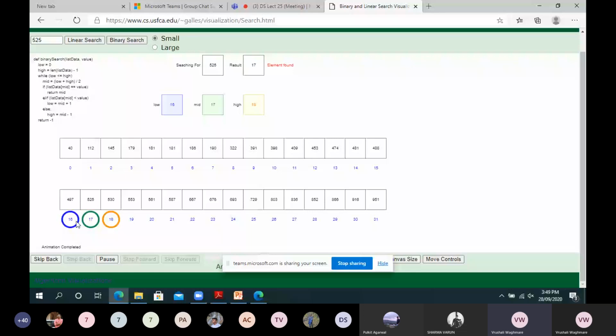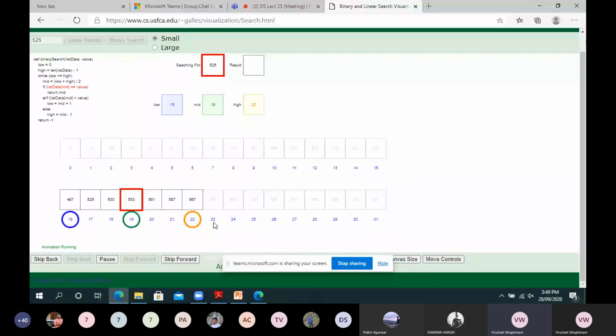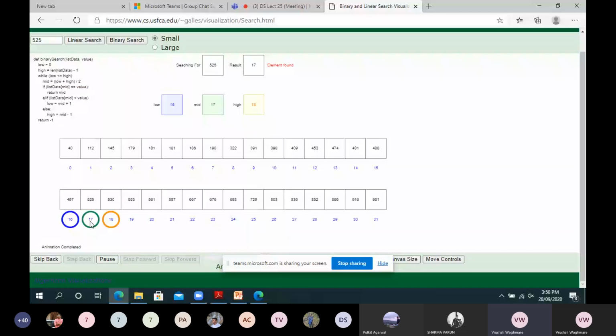because 525 is at the position of 17. If it were linear search, it would come to 17 searching one by one. What this did: it took the first and last, checked 15, it is greater than 15, so it comes to 16. Okay, then it found the middle of 16 and 31. First look, it checked 15, then the middle of 16 and 31 is 23, then after that it came, then again it finds the middle and it will finally find this. So hardly in 4 steps it finds the number here, 525, and it will return the index value 17.